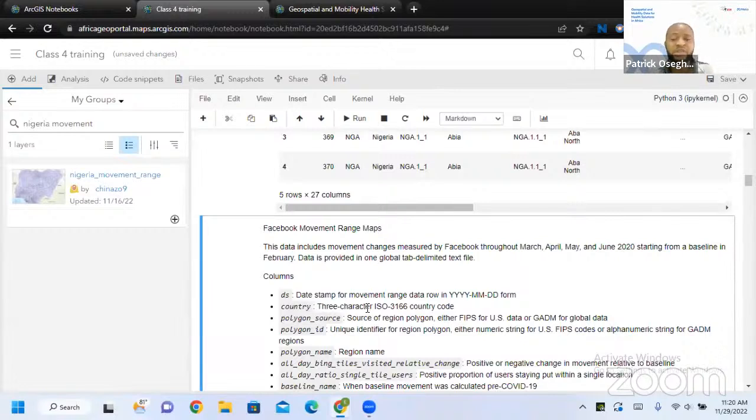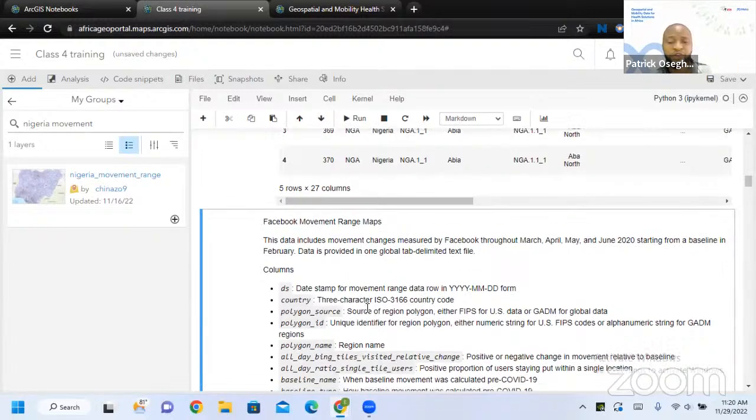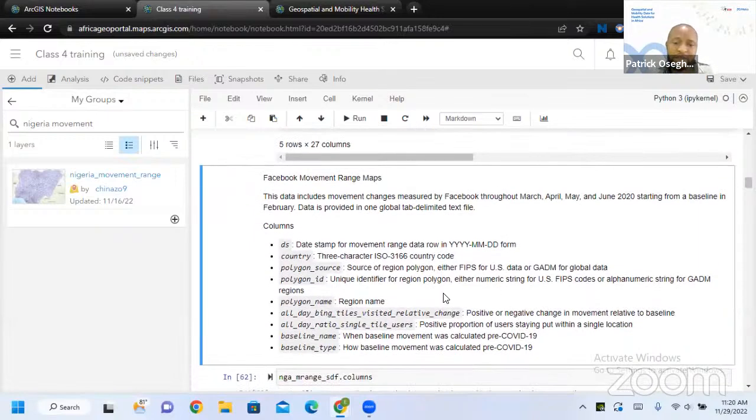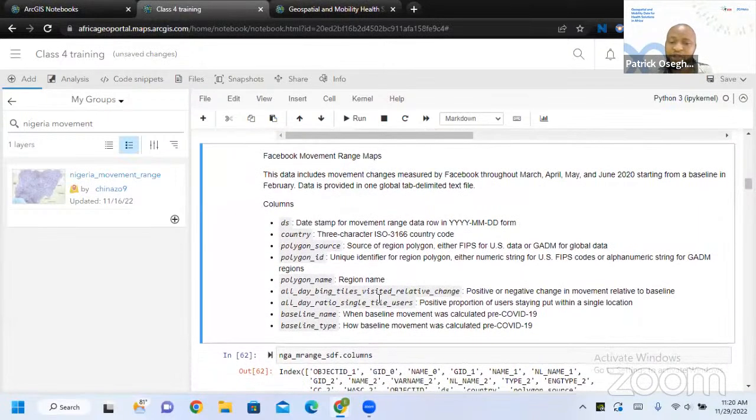You have them already separated for you, so you don't have to worry about which country, what is the code of the country. And they are using GAdmin for global data to do the location, to enrich the data, so that you've been able to get state and the local government. And the polygon, the name of the region you are working with, in my case in Nigeria here, is local government, and you can get that.